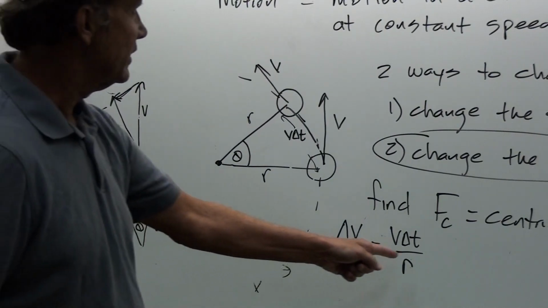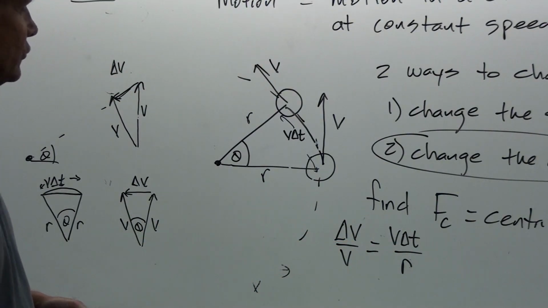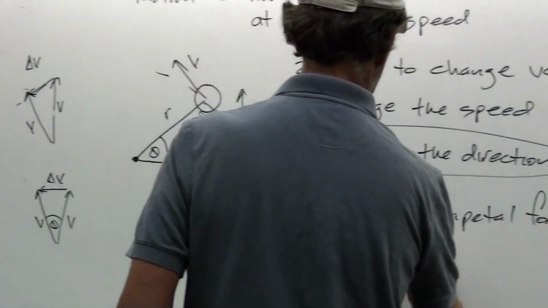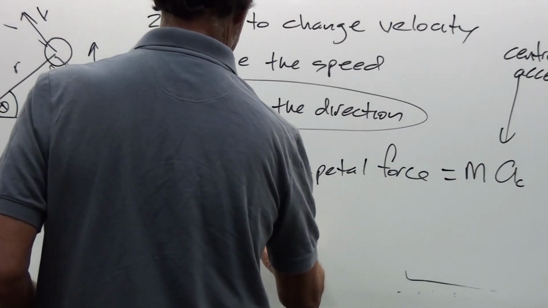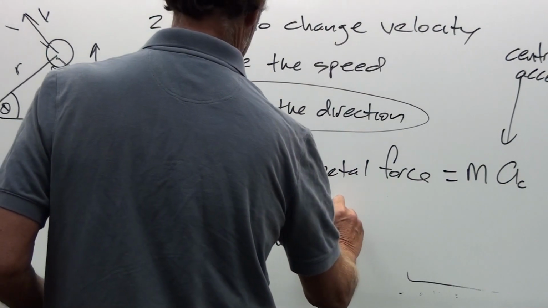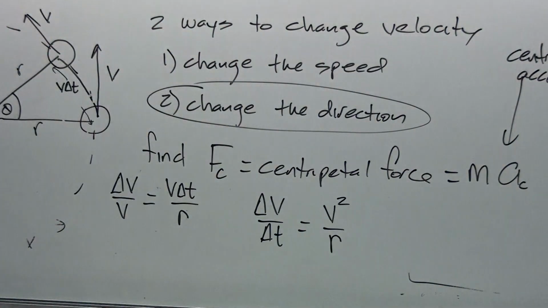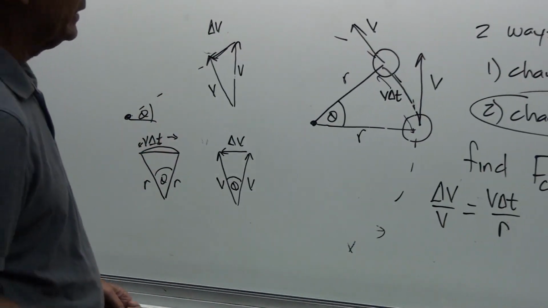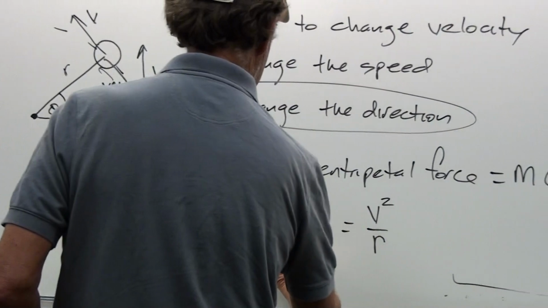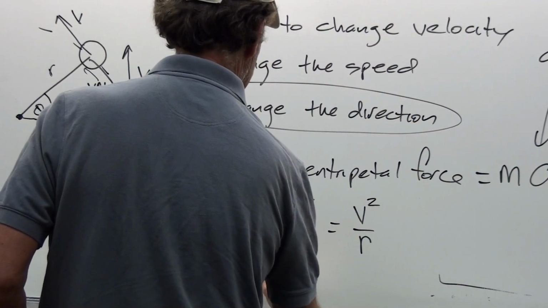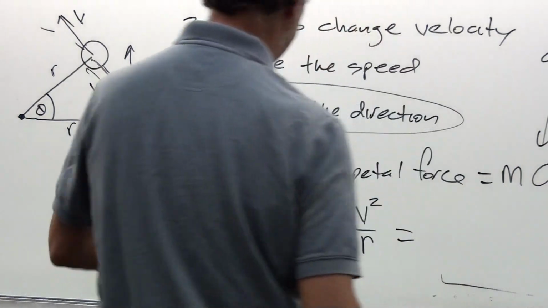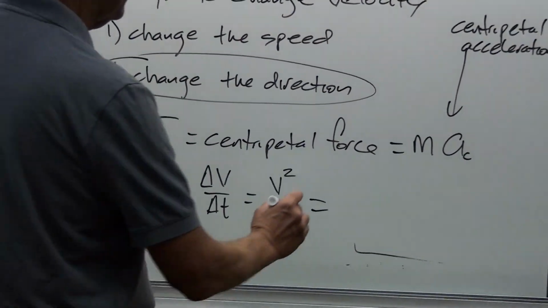And so this gives us an expression for our centripetal acceleration, if we just write delta v over delta t is equal to v squared over r. But this isn't quite true until we take the limit as delta t goes to 0. It only approaches that because the arc length and the chord aren't the same length unless we go to the limit as delta t approaches 0. And so what that gives us, by the definition of a derivative, is dv/dt.